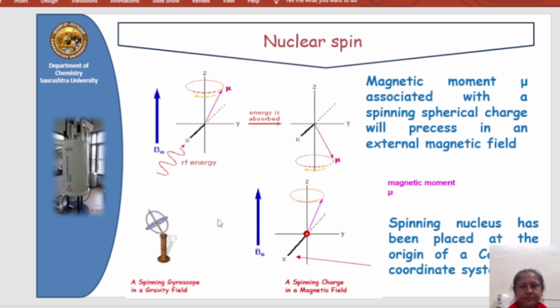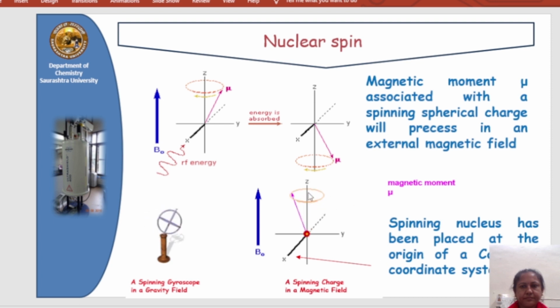What is in this next slide? Here you can see that a spinning nucleus will be rotating, and that is the vector. The vector is the magnetic vector, and this magnetic vector is on the z axis. Under the effect of a gravitational force, they will try to adjust their position, and they slightly deviate from their original axis. That deviation is known as angular momentum, and that frequency is known as the precession frequency, the Larmor frequency. You can compare this spinning nucleus with a spinning gyroscope in a gravitational field. So you see that here.